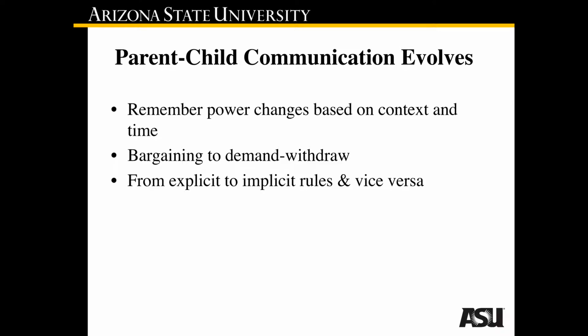Another example of how parent-child communication evolves is that we might start out early on in life having very explicit rules communicated to us by our parents, such as do not do this, make sure you avoid this, make sure you always say sir, make sure you always say please and thank you. But later on, the communication might be more implicit. For example, they may assume that we would keep in touch with our siblings later on in life, and they would assume that they wouldn't have to tell us verbally to do so. So we can fall into lulls of explicit and then implicit rules as we age and as the power changes